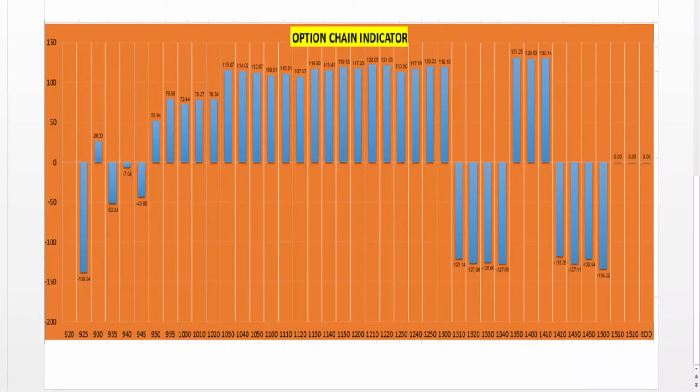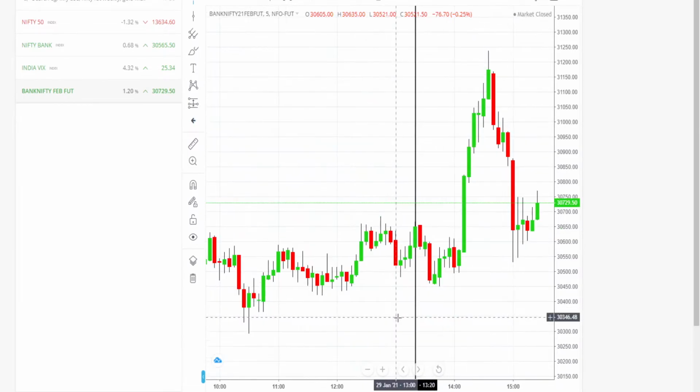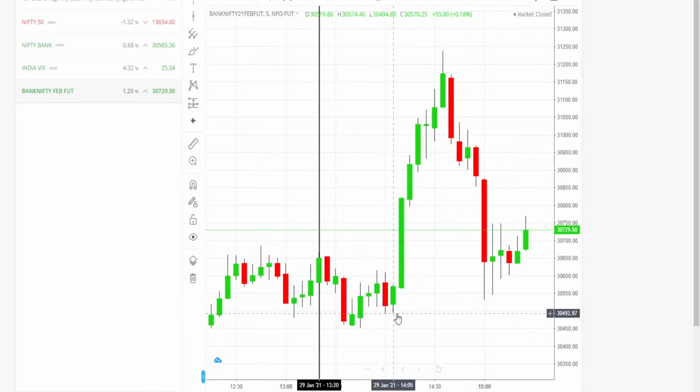And afterwards what happened? Then after 350, at 2 o'clock and 2:10, continuously for half an hour the option chain was staying upside. Let us see what happened in the option chain. You can see, this is 2:05, 2 o'clock, and for half an hour the market was sustaining here, accumulation was going on in this place. After this false breakdown, see how the market spiked up like this.